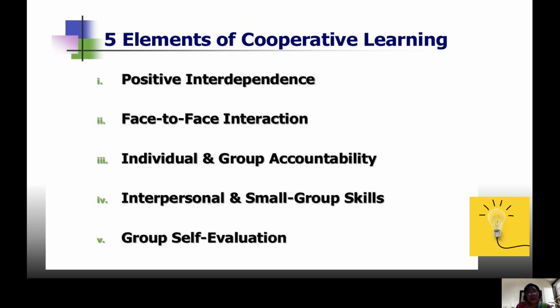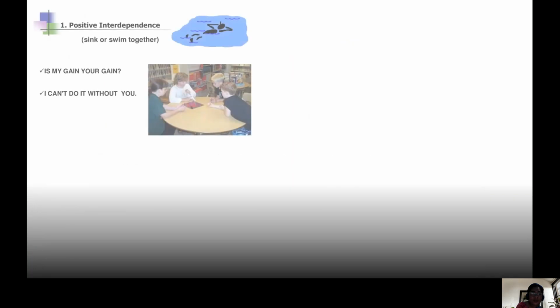So there are five elements of cooperative learning, also known as the cornerstones of cooperative learning. First, positive interdependence. Second, face-to-face interaction. Third, individual and group accountability. Fourth, interpersonal and small group skills. And last is group self-evaluation. So first,